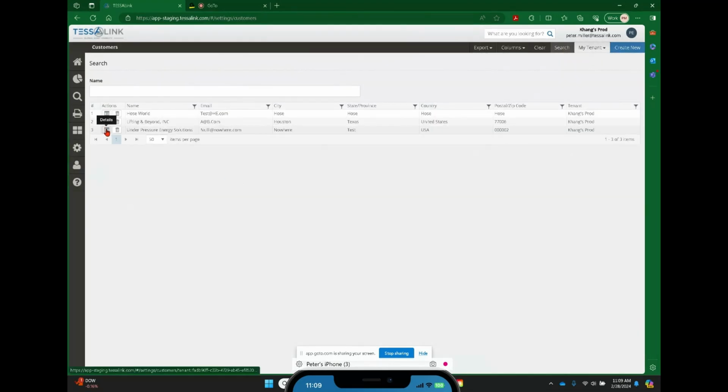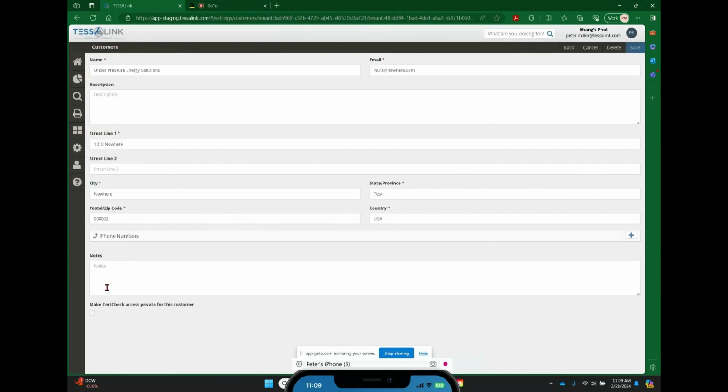You'll be able to look at the details, and here at the bottom of the left side of the page, make Certcheck Access private for this customer. So for this customer, Under Pressure Energy Solutions, once I check this box and save, then any of their items that come up on the Certcheck,